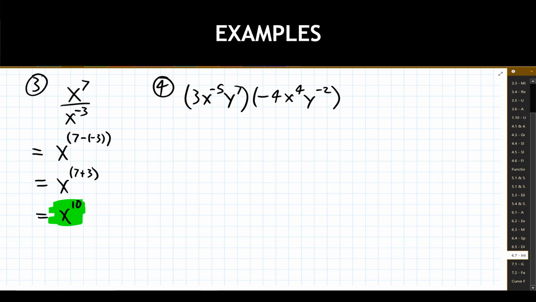So for number 4, I'm looking at it and going, okay, I've got a whole bunch of things multiplying together. I have this first set of stuff multiplying together, and the second set of stuff multiplying together. I've got some negative exponents in this one, and some in this one. So I'm going to do a rewrite of each of these, so I have no negative exponents here, no negative exponents here. And we'll see what comes out of that. Maybe that'll make things a little bit nicer.